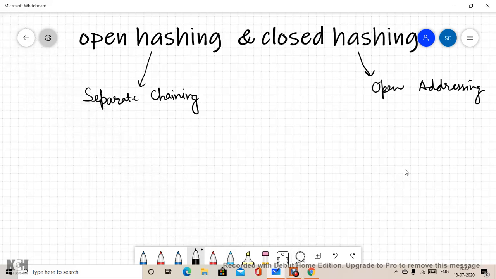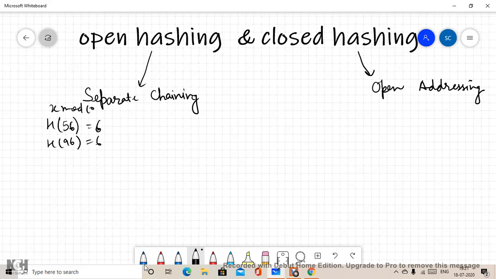Let's start with separate chaining, a concept in which, if you remember, we had a discussion in the earlier video: what if my hash function gives the same value? The hash function was x mod 10, which we used in the earlier example, and for 56 it was 6, and for 96 also it was giving 6, which was causing a collision.